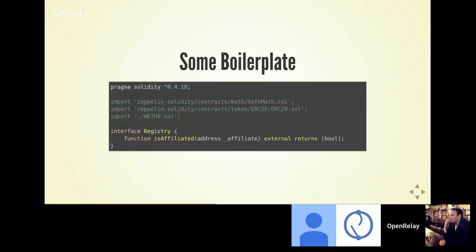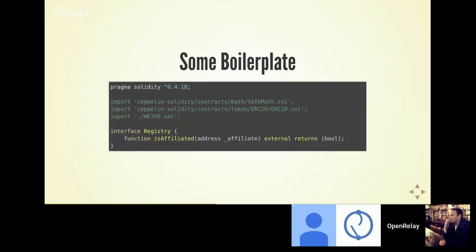So the SafeMath library gives you a bunch of tools for doing math in a way that you're not going to run into those problems. The next piece here is the ERC20 library. ERC20 is the token standard that we are supporting with our affiliate contract. Basically, we're using this as an interface. So we will deal with a variety of different ERC20 contracts. But the important piece is that they implement this ERC20 interface, and we can call some standard functions like transfer